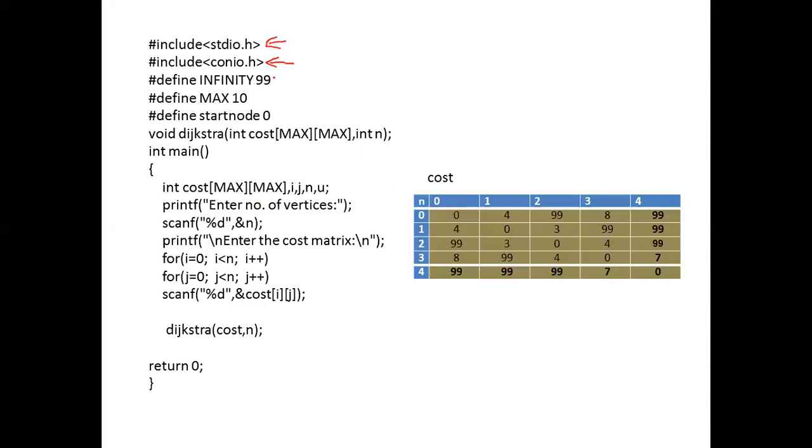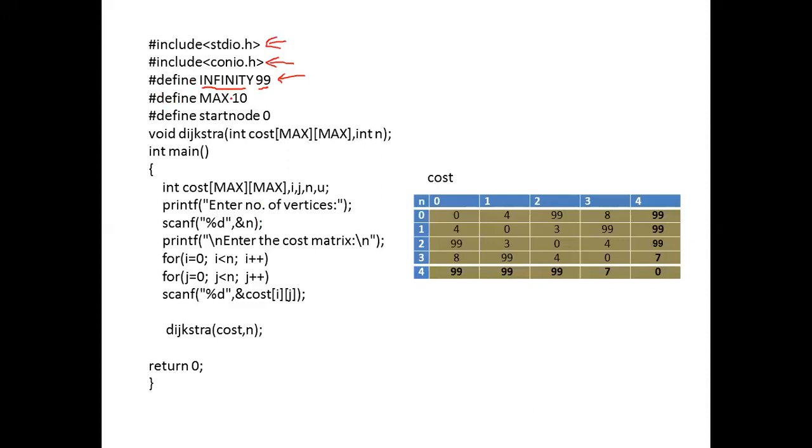Next, we can observe the third statement here, #define infinite 99. In mathematics, generally we choose infinite, but practically we don't have an infinite value. That's why we are fixing a maximum value of 99. Here I'm using something called a preprocessor directive, #define. What #define will do in a program is, wherever the infinite keyword is there, it will be replaced by 99. This will happen before compilation. That's why it is called a preprocessor directive.